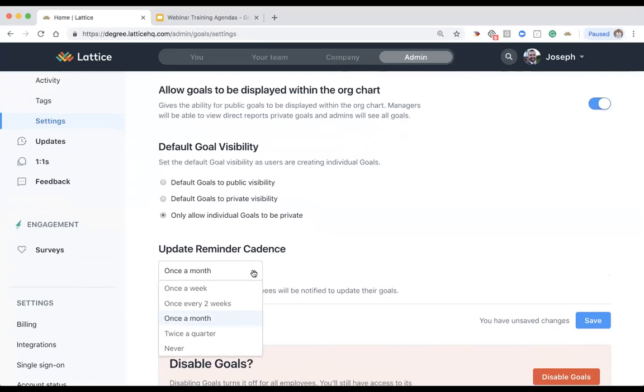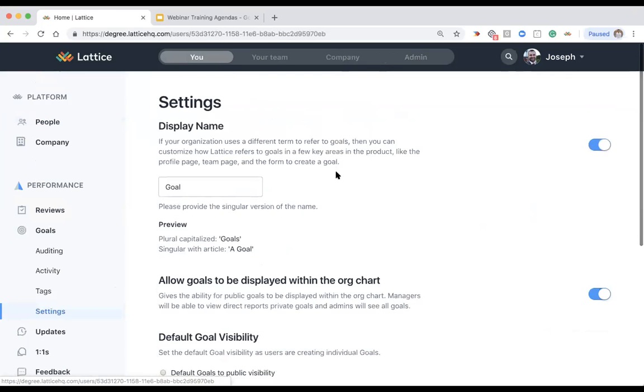So actually once a month is best practice, but really all this means is this is just how often we'll notify your employees that own goals to actually go in and update them. So I think once a month is kind of the perfect amount. If you're really trying to build more habits here, you could always do once a week or once every 2 weeks. And again, this will just send them one email letting them know, hey, it's time to update your goals. And then that will also relate to